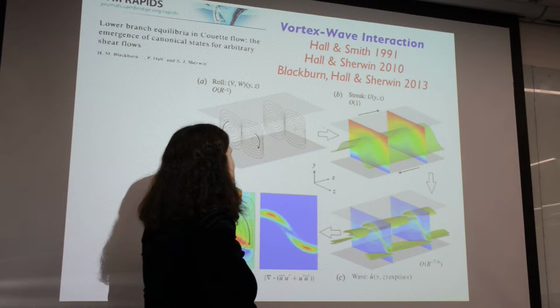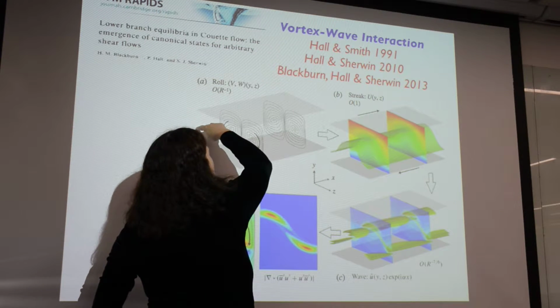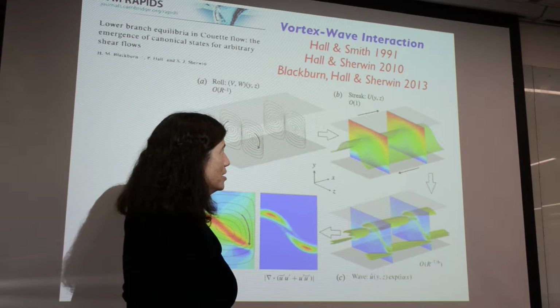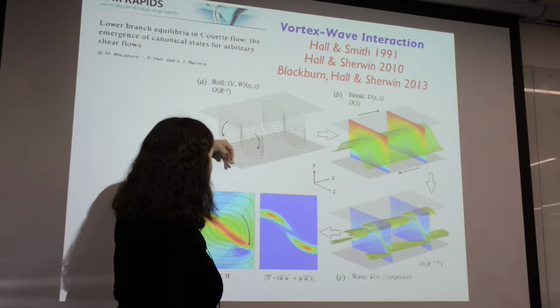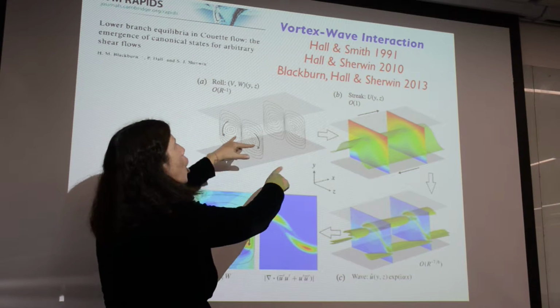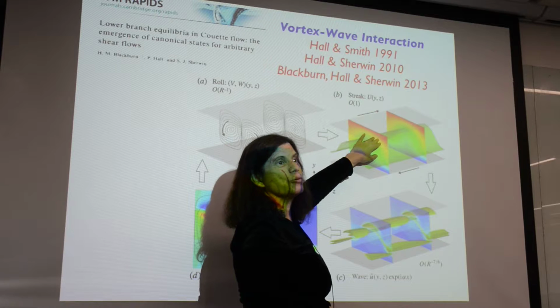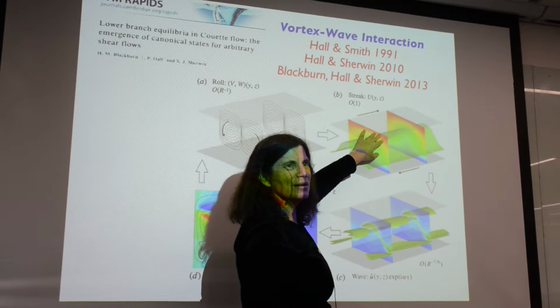What a streak is, is you take the dependence on the span-wise direction. There didn't used to be any dependence on the span-wise direction before you made this whole system with the rolls and the streak. You see that now there is. The dependence in the span-wise direction of these contours has now appeared. That's what's called a streak.